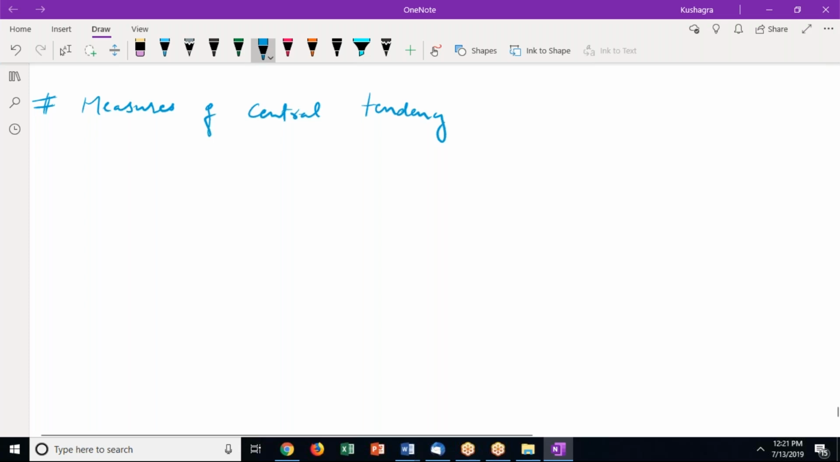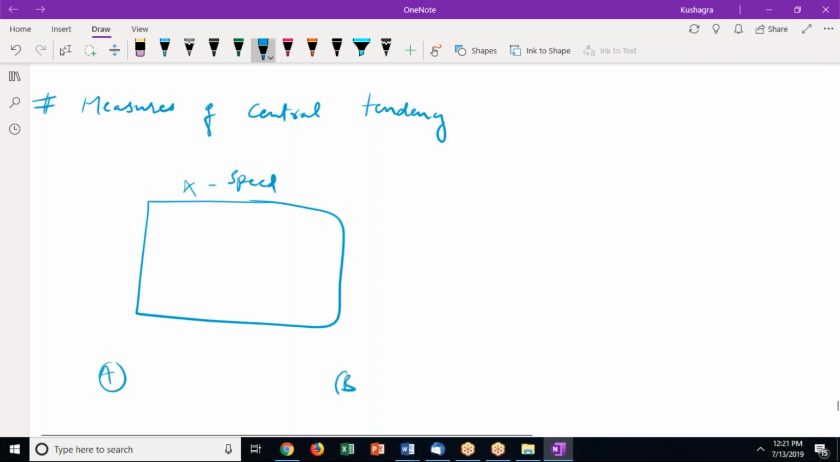Basically, why do you need to figure out a central tendency? Let's try and understand that. Suppose you have a given variable x, maybe speed. Now, in going from point A to point B, you might have experienced lots and lots of different speeds, say 0, 10, 20, 40, back to 10, 20, 40, different numbers. But to be able to represent all of that speed,